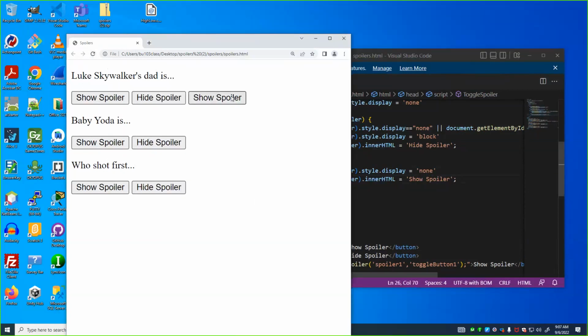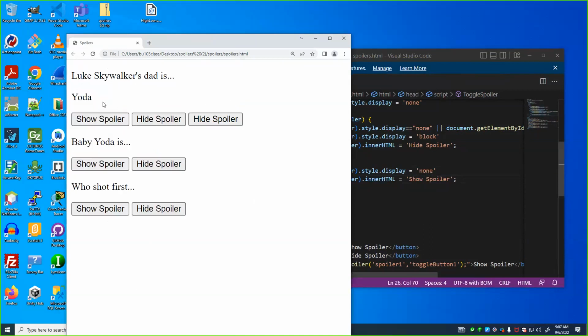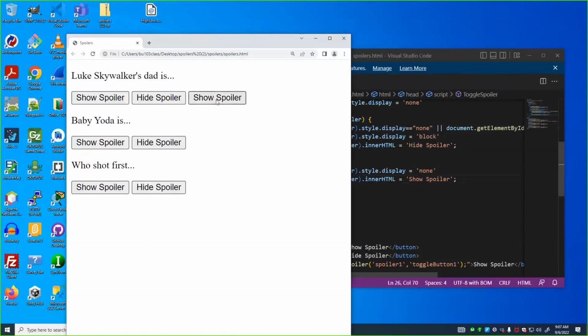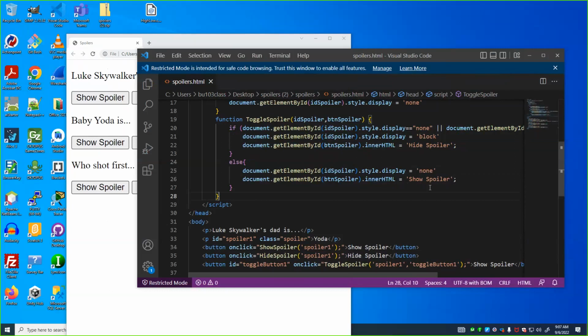So initially, the toggle button says show spoiler. We click it and we show the spoiler, and the button's text changes to hide spoiler. We click it again to hide it. The button changes to show spoiler. The purpose of this example, and the reason I want to go over this, is to show you that we